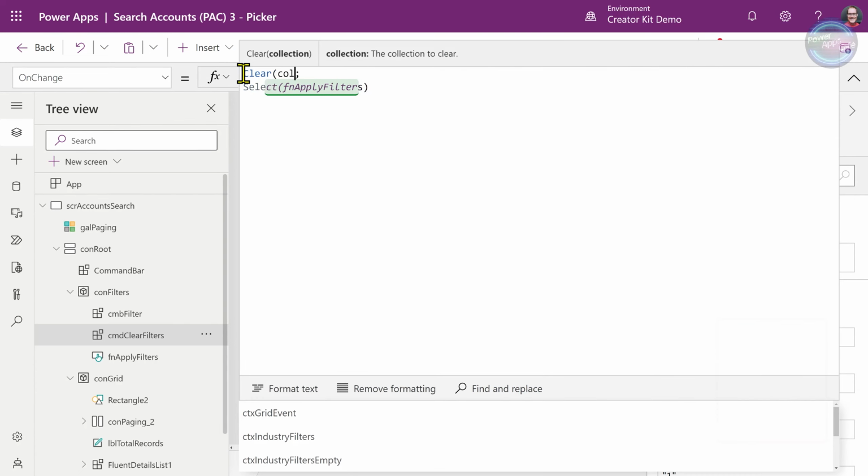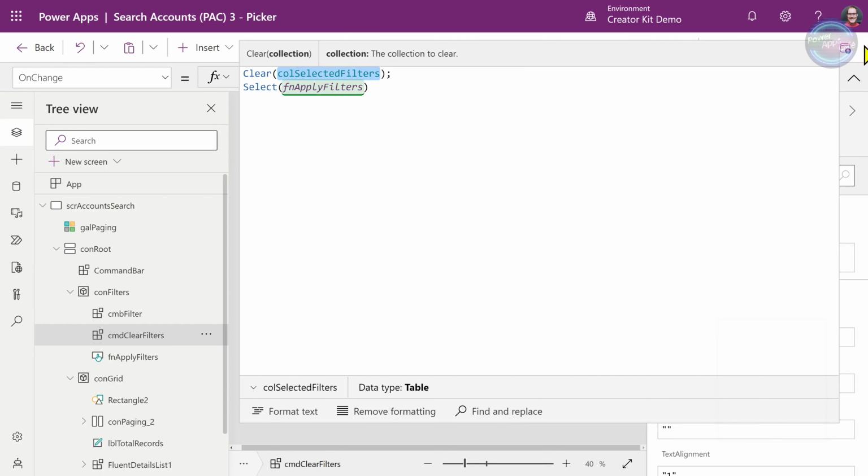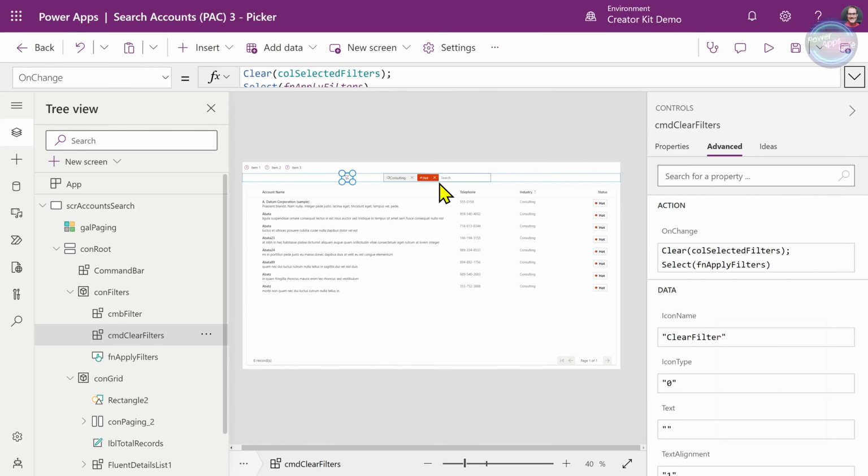And I could actually have other saved filters. So I could have a drop-down box with different saved filters that would pre-populate this collection, and that would automatically reflect inside this picker here. So there's lots of things that we could do with this application.